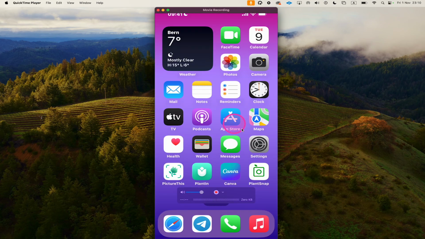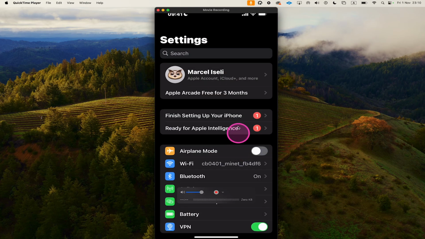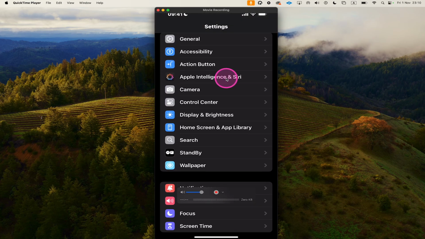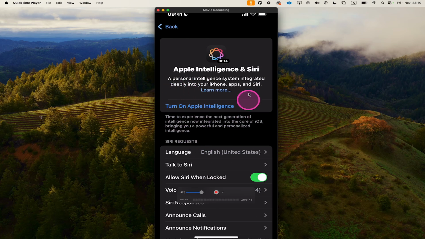Now tap on Settings again. Scroll down. Tap on Apple Intelligence and Siri. And you should now either see the Join Waitlist right here. If that is the case, tap on it. Or if you already did that before and waited for a couple of hours, you should then see Turn on